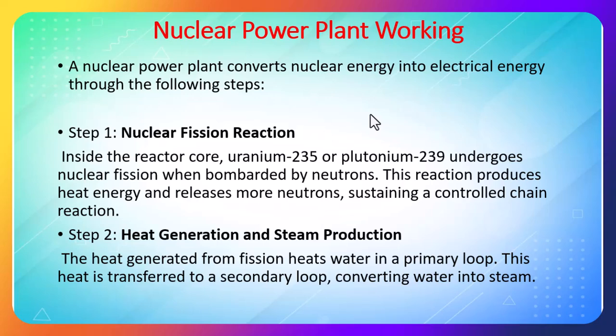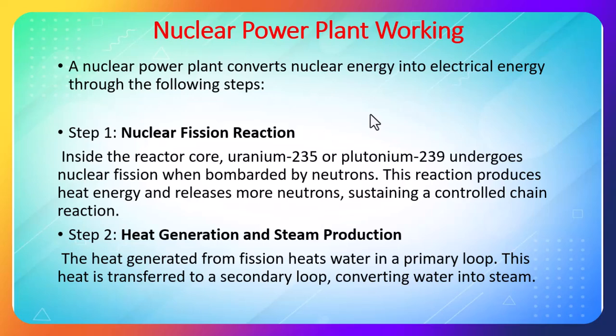Now in India we are going with thorium also, because it is abundantly available in India. So we don't want to depend on other countries for permission or for getting the source. So you take any of uranium, thorium or plutonium. Now you have to bombard 1 neutron on this radioactive material. This reaction produces heat energy and releases more neutrons; to sustain a controlled chain reaction you have to go